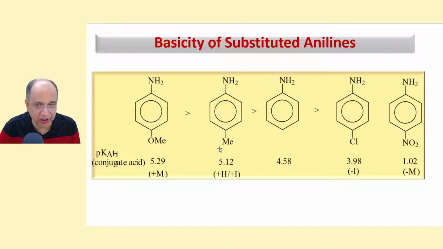So also here this is hyperconjugation, which is less pronounced. And in case of chloro and nitro, nitro is the least basic because the minus M effect will produce a plus delta charge here that will attract the lone pair, or it will destabilize the anilinium ion because the positive charges will repel, and therefore this is the least basic. And chloro, being a minus I group, is relatively more basic, and there will be a greater than sign here.